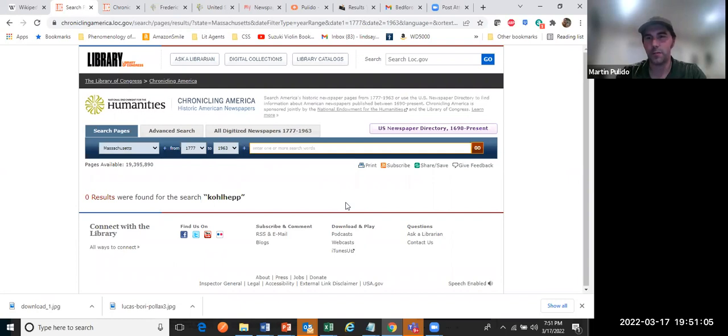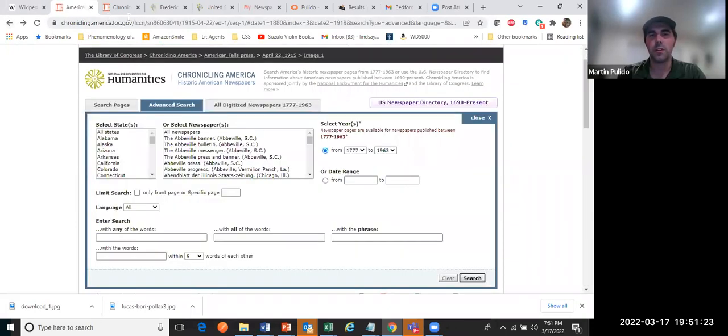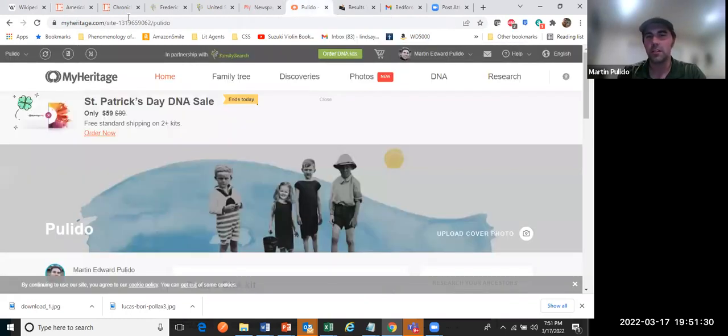His dad is Friedrich Johann Kohlhepp. There is plenty of Kohlhepps here in Massachusetts, but Chronicling America got nothing for me. Well, this is a more urban area of Massachusetts, which wasn't as much the focus of this particular database. So that's when you want to try to supplement it with other databases too, right? Whether that's newspapers.com, I'm going to use another resource that's available as a partner site with Family Search, and that is MyHeritage, where I will have slightly more success here.